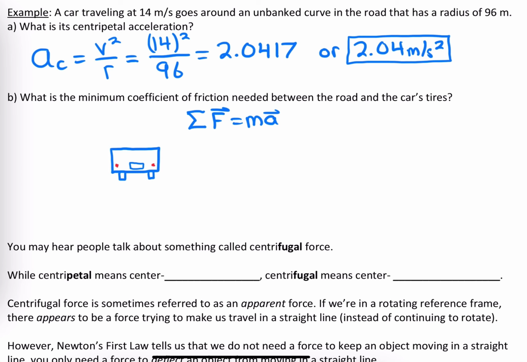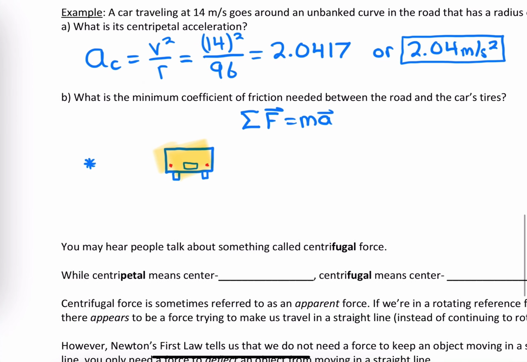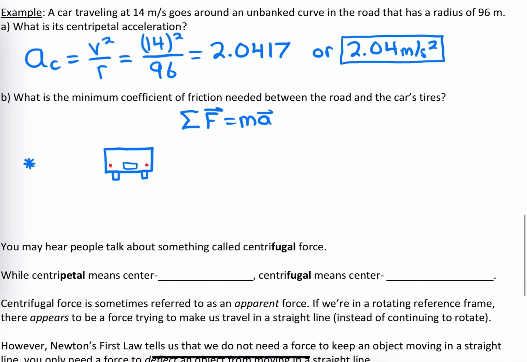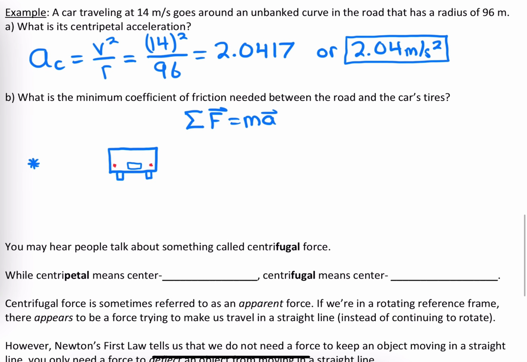So what I'm going to do, because I think it's always good practice, is draw a star to show where the center of the circle is. So the car is going into the page over here. It would go behind that star and then come out of the page over here somewhere. All right, so